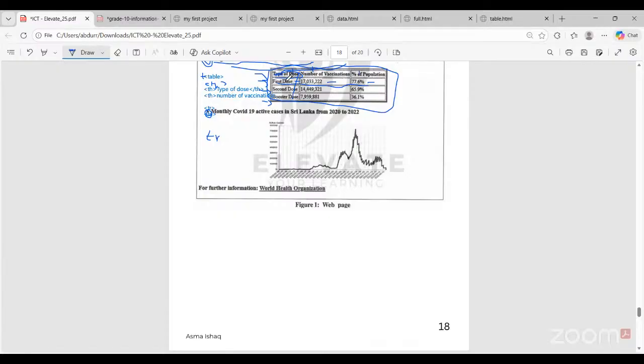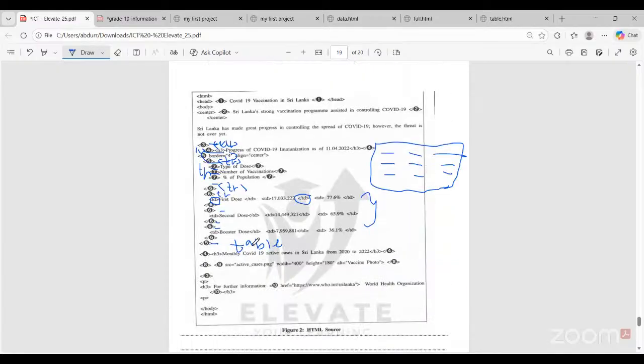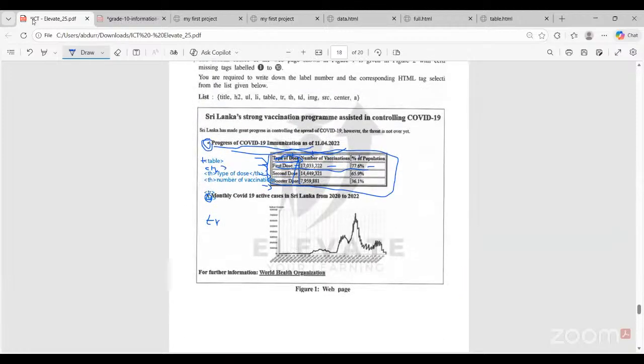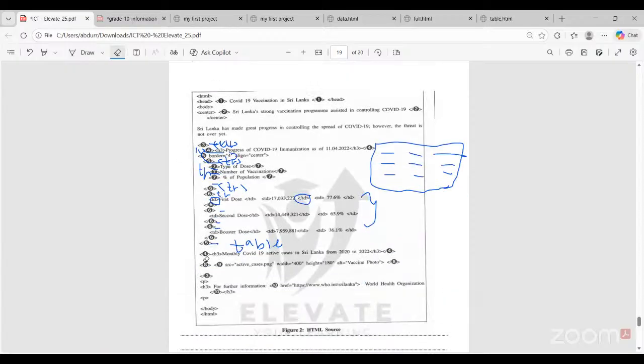It will just be first dose, second dose, booster. These divisions won't be there, right? Now, because we added the table border, in the output also we can see it here. Right? We can see it here. So the table border that they have given in here is only the fifth one. Right? Now 8th and 9th, we discussed till the 7th one, right? Now the 7th one we studied, that is